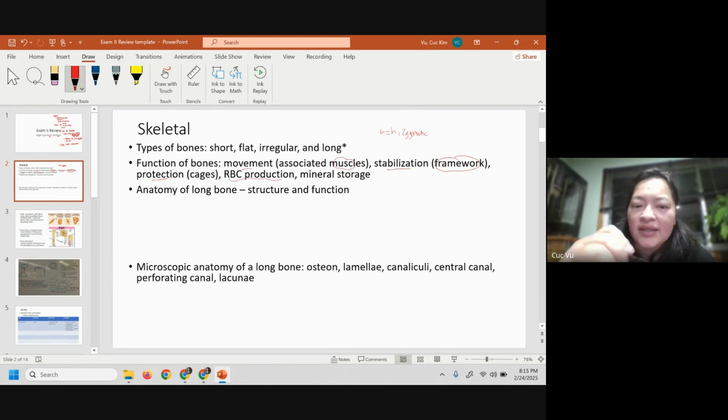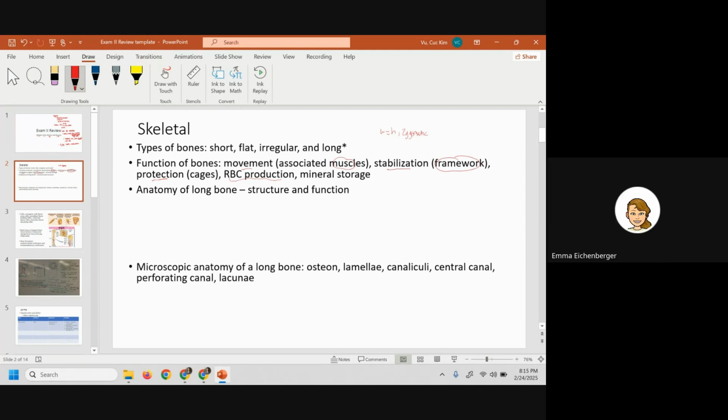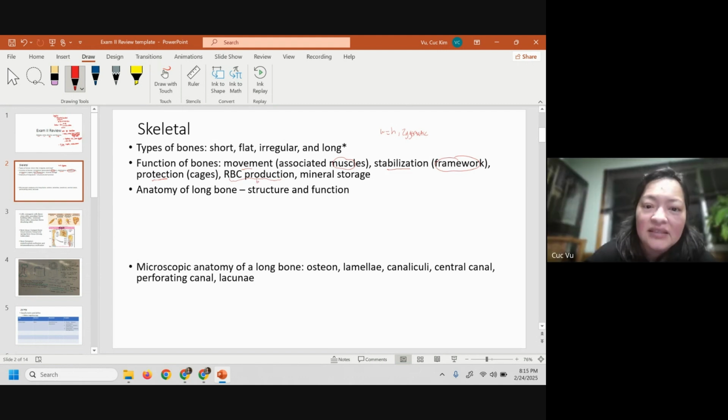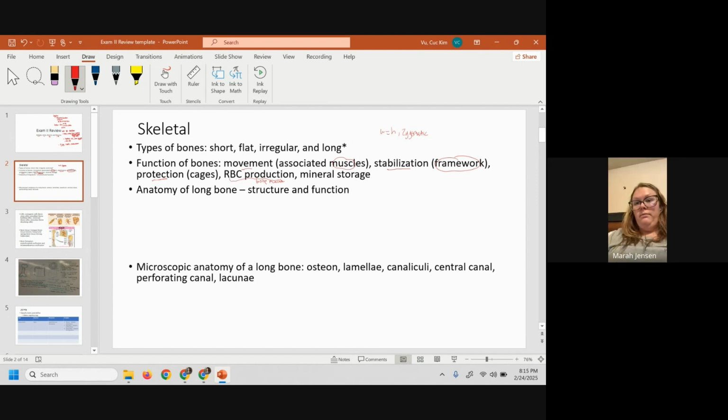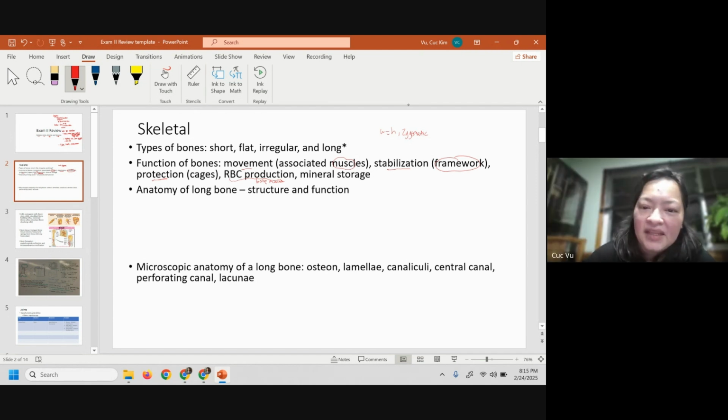Where does that occur? Where does red blood cell production occur? Is that in the marrow, the bone marrow, red bone marrow? Exactly. Yes, it does. So it occurs in the bone marrow. And the bone marrow can be found where in, let's say, a long bone? The medullary cavity. Excellent. It also allows for mineral storage, which is why, to have healthy bones,